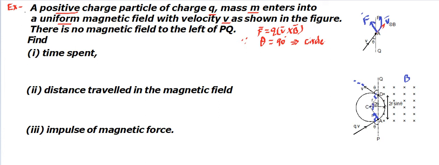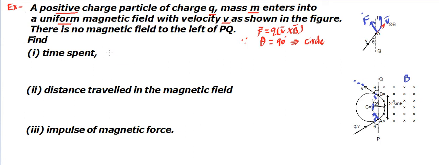Similarly, the second half is also going to be theta, so the total angle will become 2 theta. That means this arc makes twice theta angle at the center if it enters at angle theta, right? And we know if it completes the entire circle, then the time period is given by,